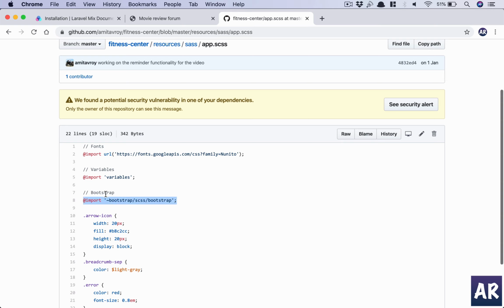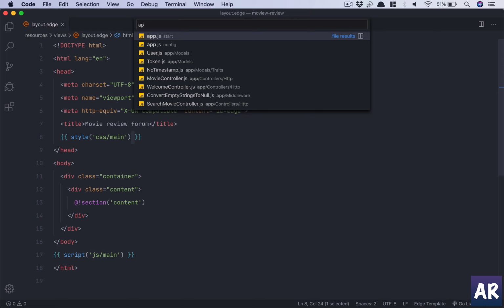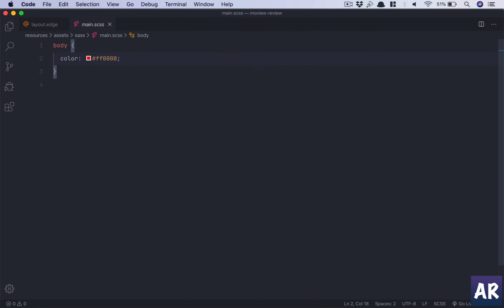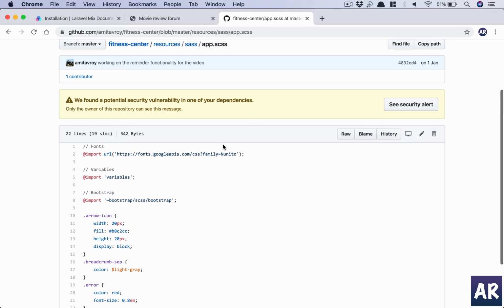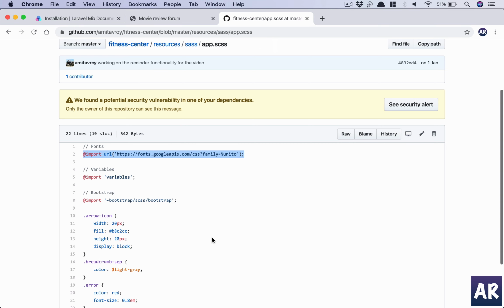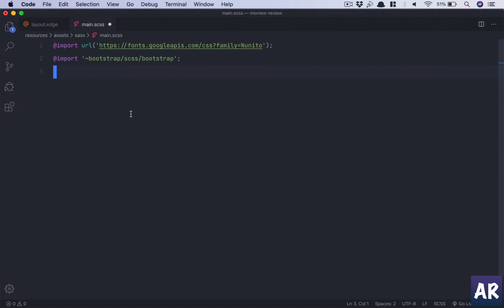Okay, that's quotes, tilde bootstrap/scss/bootstrap. So that's something which we need. We'll go into our app, main.scss. I'll clear this out. I will import that, and before that I'll import this font as well. And let's just say I'll need this variables file as well. Okay, and once I do that,